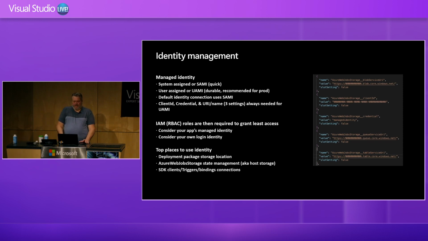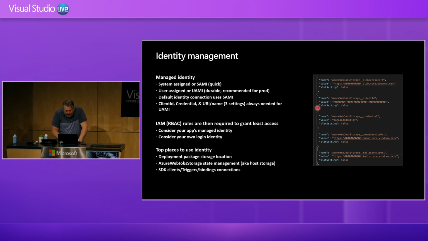By default, when you use managed identity with function apps in the app service, in the app settings, it will default to try to use the system-assigned identity. But when you add the app settings for client ID and the URI name for your credential and URI, then that's where it will try to use that user identity as the source for it.